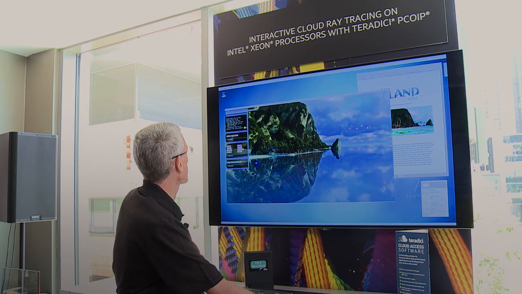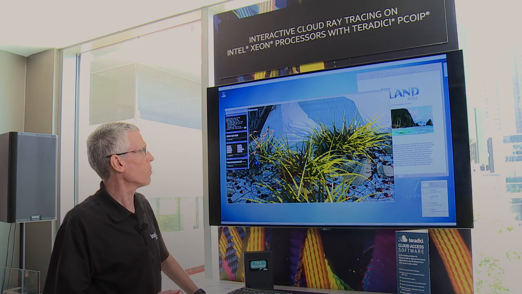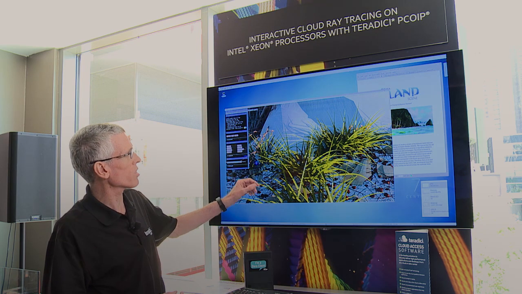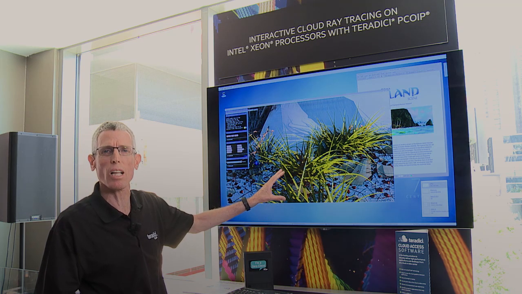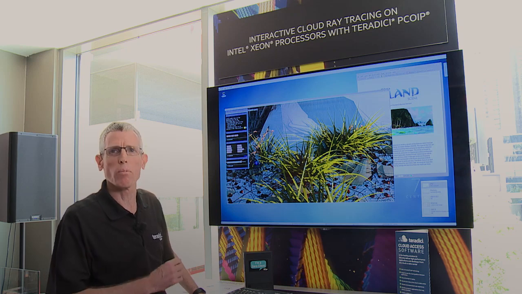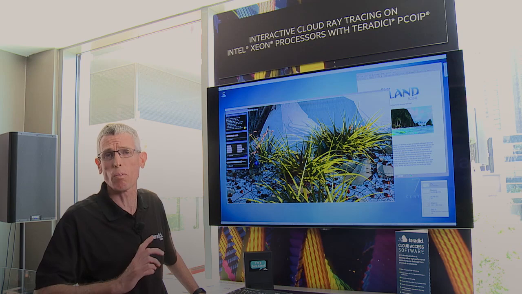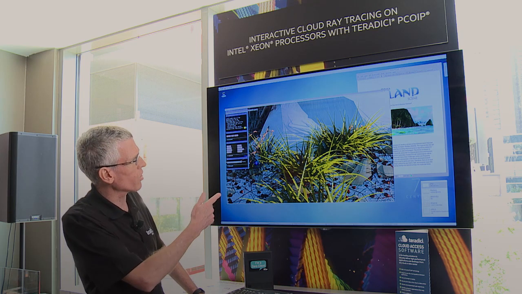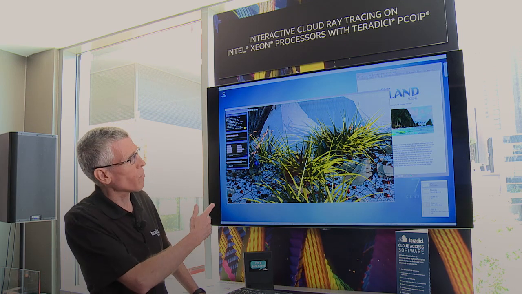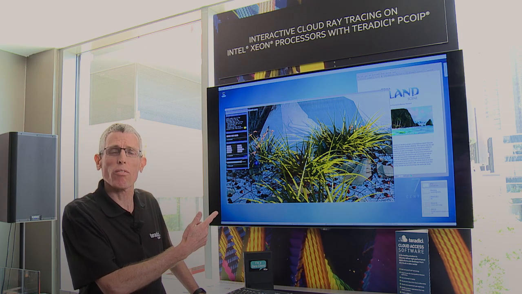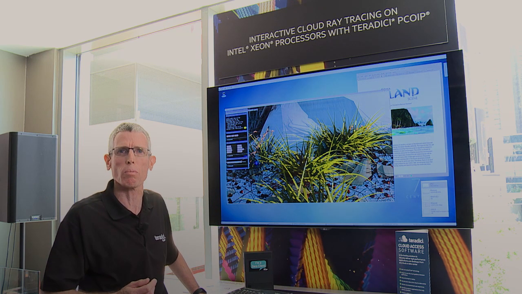Here we're instantaneously zooming into a scene within the image, and generally in the background, over a few seconds, we're getting up to the full clarity of the image processing. The PCoIP protocol is taking advantage of the most network bandwidth available, giving you color accuracy, which is what our artists expect. We're getting up to 4K, and the render frame rate here is 7 or 8 frames per second, but of course the PCoIP protocol supports up to 60 frames per second.